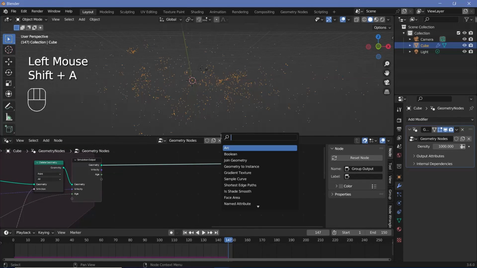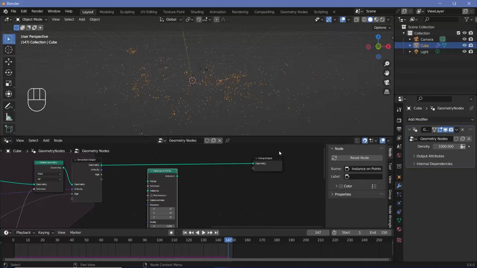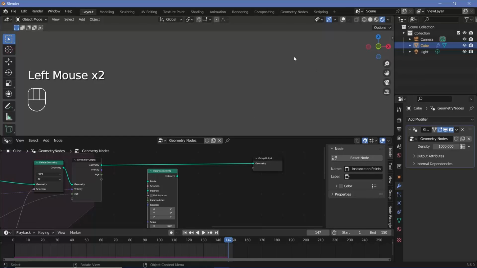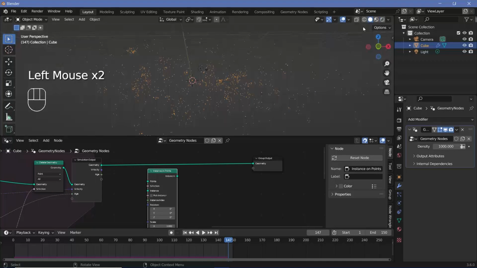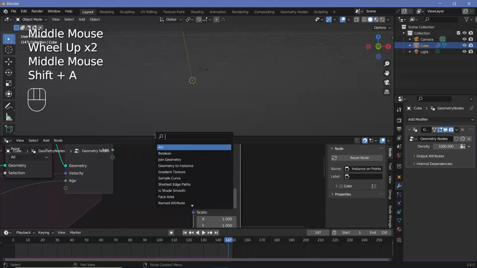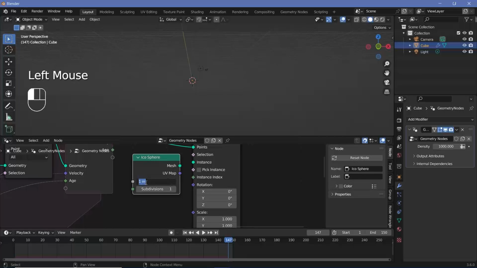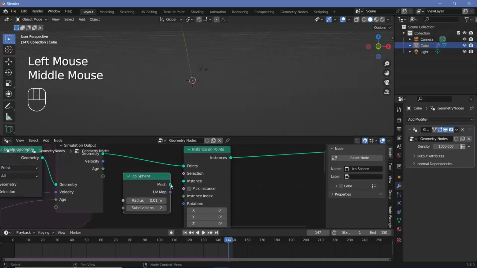A and searching for an instance on points, because right now they're all points, and if you're rendering it out in Eevee and you switch over to your rendered view and just switch off overlays, none of the particles will be seen. So to actually make sure that the particles are seen, we have to instance something on each of these points. So for the instance object, I'm going to search for an icosphere and I'm going to reduce the radius to something really small. Let's go with 0.01 and maybe increase the subdivisions just to a level of 2 and plug the mesh into